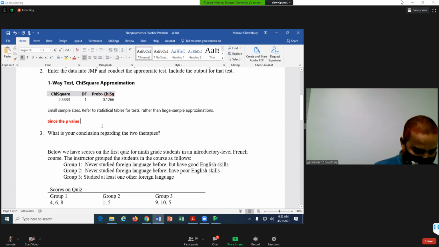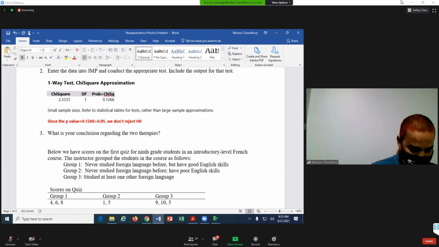So since the p-value is equal to 0.1266, which is greater than our default level of significance, so we don't reject H0.